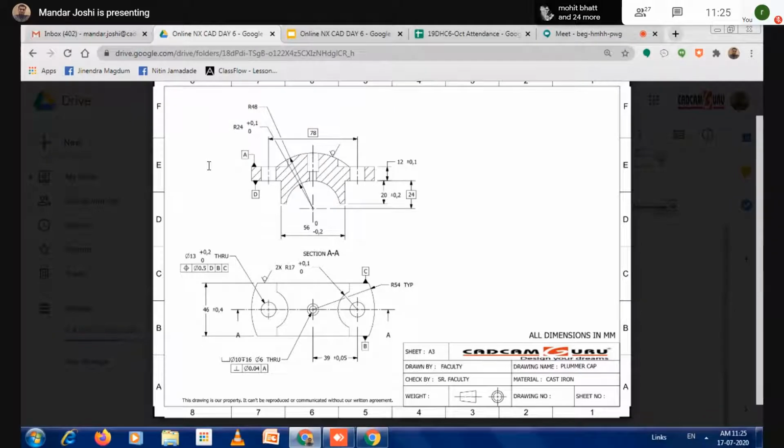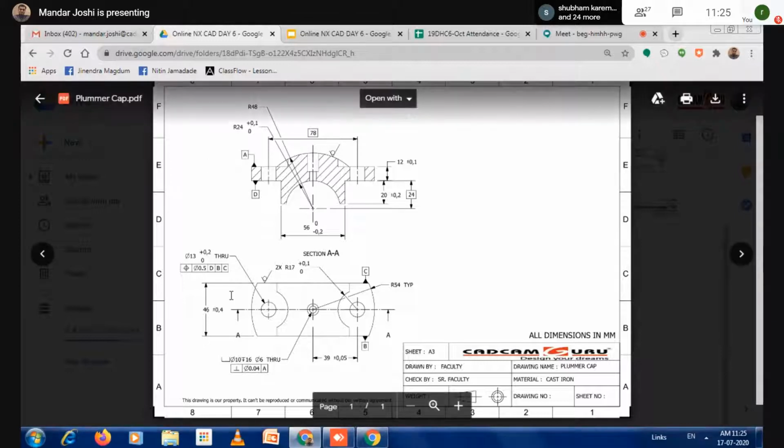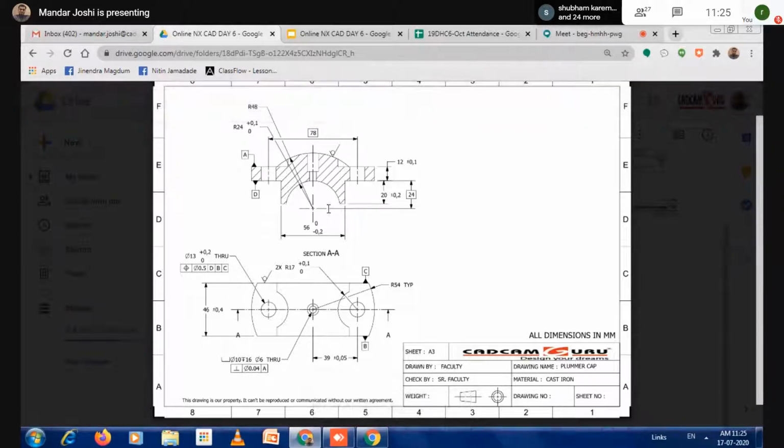Extrude, sir. Why extrude? Sir, because see the diameter of the hole, it is almost near 50 size. A 50 size drill diameter is very large. So it is not cut through a drilling operation.